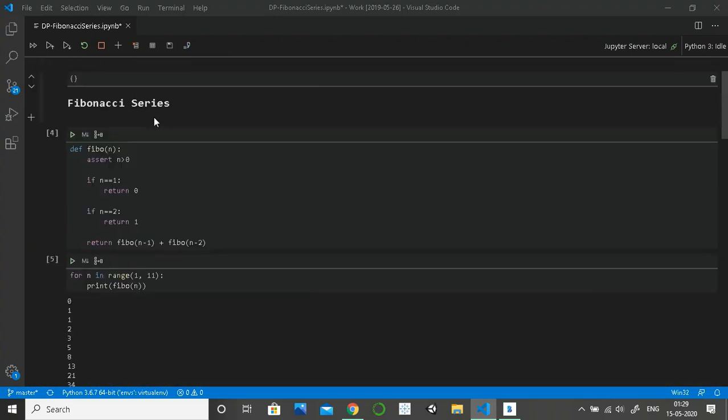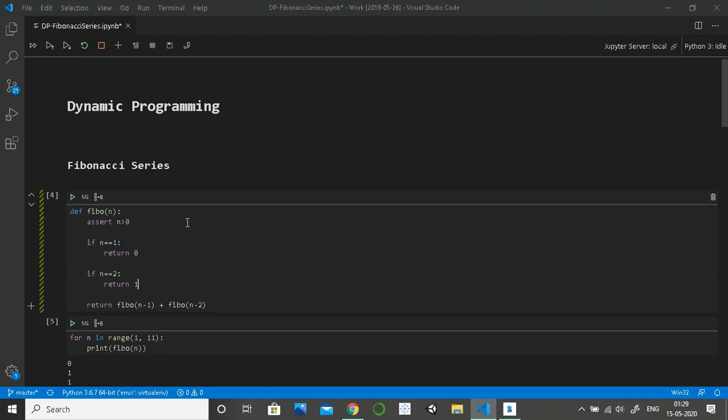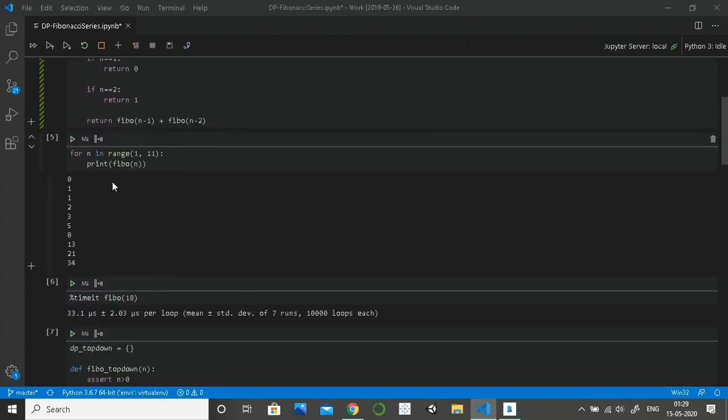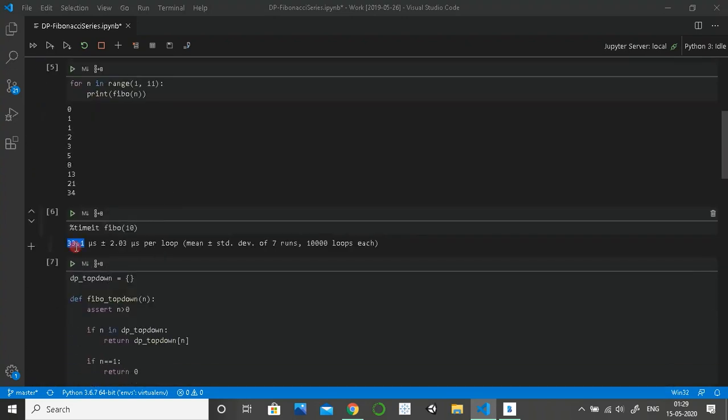Here we learned what the Fibonacci series is, how to write a recursive function to generate it, and we checked how much time it takes for 10,000 loops. For 10,000 runs, it took 33 microseconds.